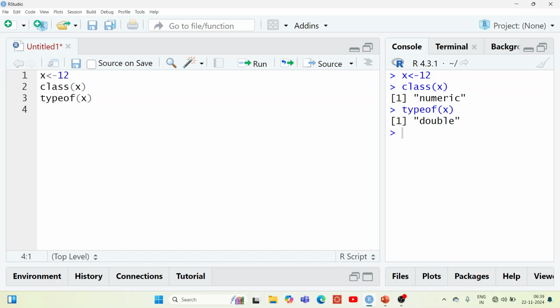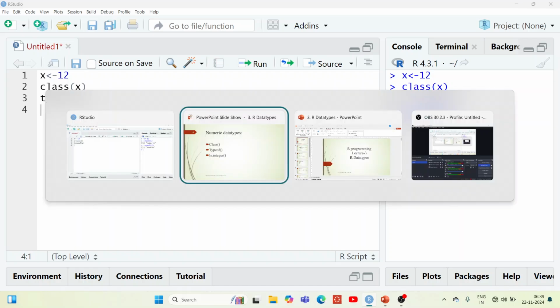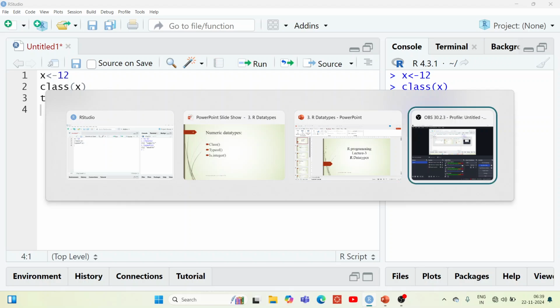See, it is a double value. So normally it will take the length of double value. Even if it is an integer value, it has to be considered as a double value in R programming. Here 12 means 12.00. It is the class of X and type of X. And one more thing,